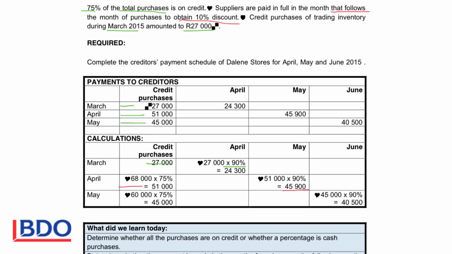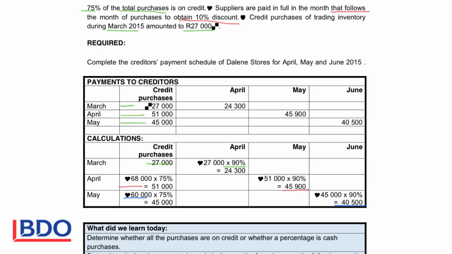In May, 60,000 was purchased, 75% is on credit, so that means 45,000 will be paid in June, but because it's paid in June, 90% will be paid after the discount is received, so therefore only 40,500 will be paid. Then we will transfer these calculations to your payments creditor schedule, and you will show that